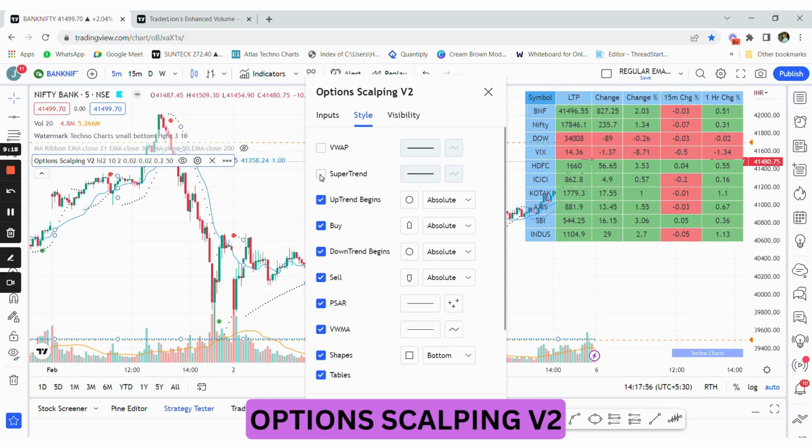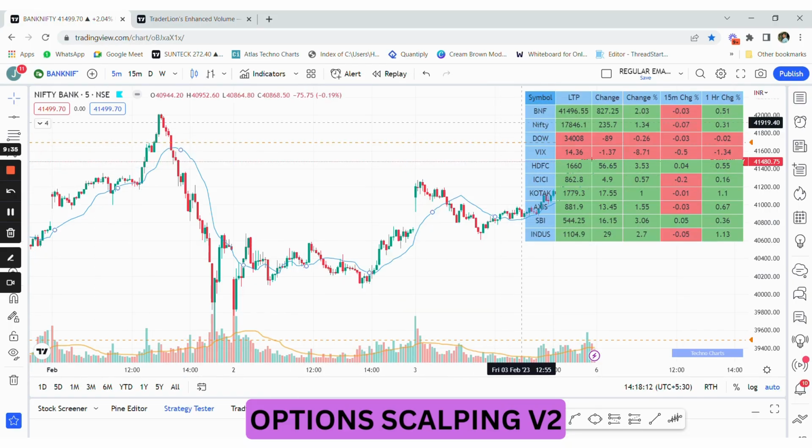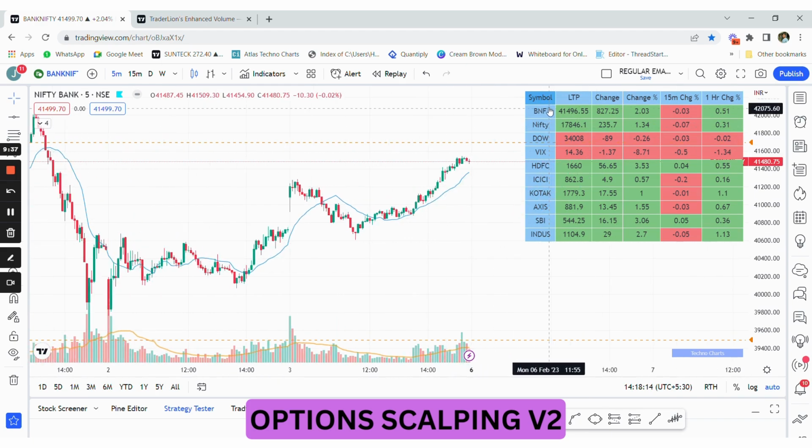If you want super trend, you can select and deselect. This is a multi indicator where you can add all the indicators, let's say. And if you want parabolic SAR or volume weighted moving averages or shapes or tables, basically. Now once I have added that, you can see that a table gets plotted on the chart, that is the